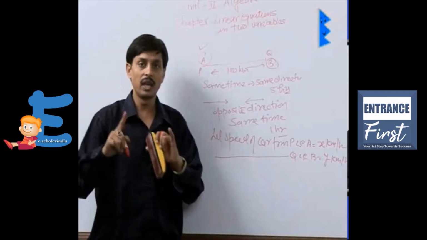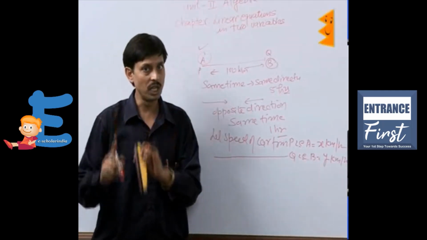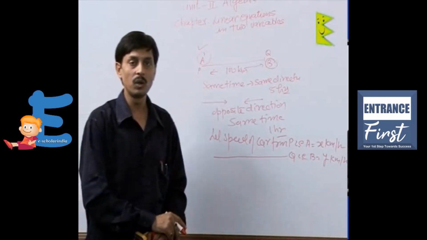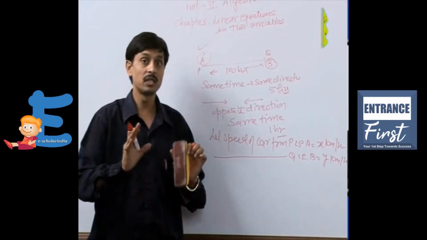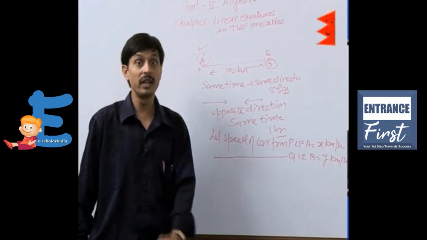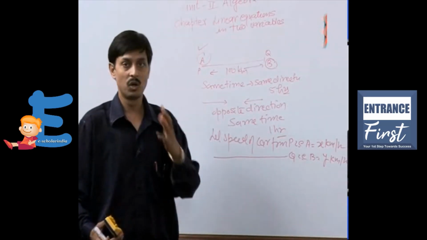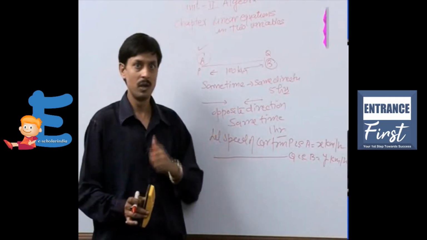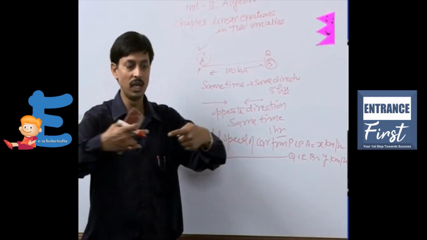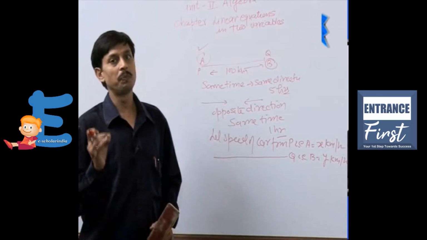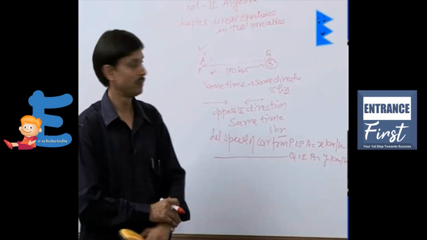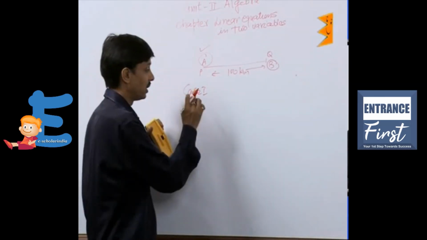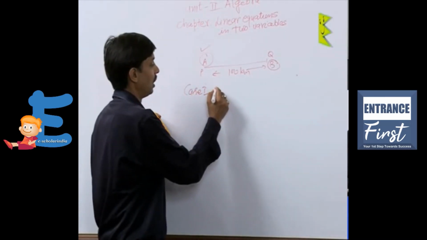When cars A and B start at the same time in the same direction, what is going to happen to their speeds? In the same direction, the relative speed of the two cars is obtained by subtracting, higher minus lower. If the cars are moving in the opposite direction, then the speeds have to be added. We are taking case 1, the same direction.